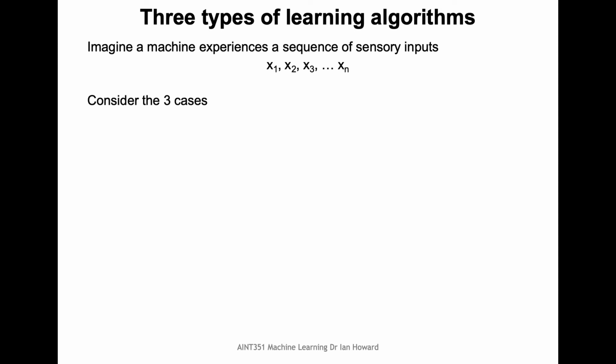Let's now think of three cases where we might only have that information, we might have more information, or we have to learn something else anyway. So let's think about the supervised learning condition. In that case, as well as having this sequence of inputs, we've also got a sequence of outputs corresponding to each of the inputs. So we've got an input vector, and we've also got the label, it could be the class of that input,